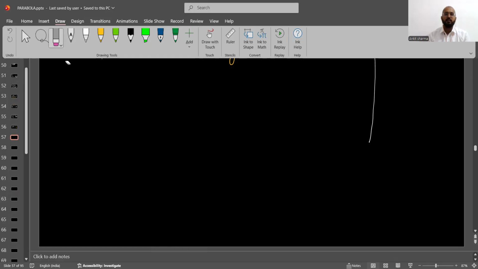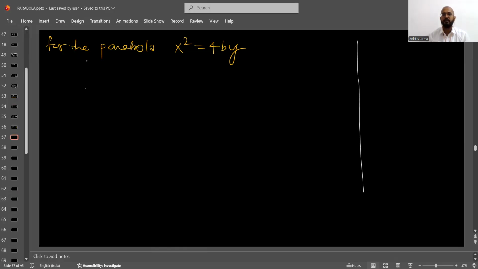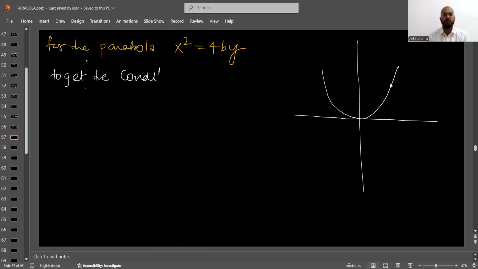This is my parabola x square is equal to 4by, and now we can take any point on this. So our goal is to get the condition of tangency first, and after this, the equation of tangent